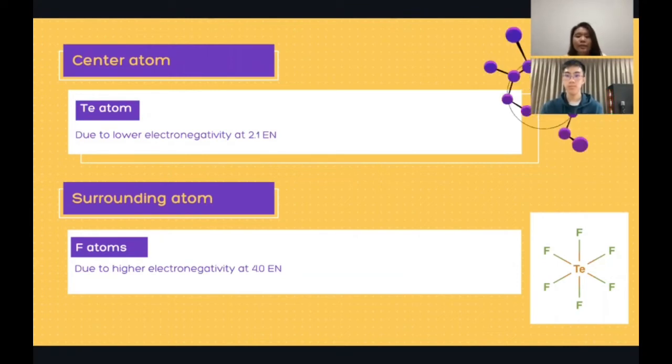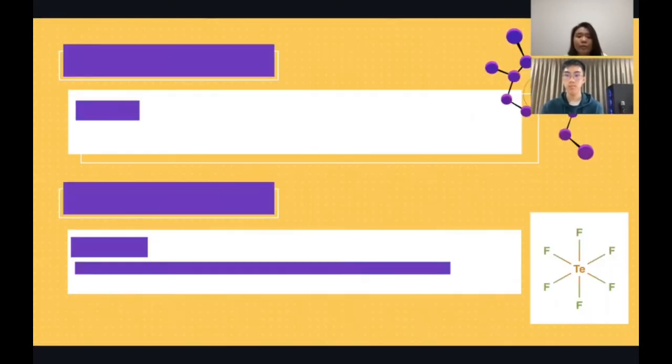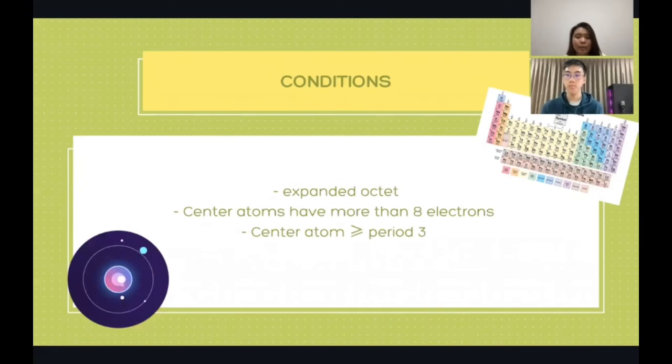Moving on, as you can see in the picture at the bottom right, tellurium is the center atom, as tellurium has a lower electronegativity at 2.1 when compared to fluorine, which is the surrounding atom at 4. So the condition for tellurium hexafluoride would be an expanded octet, as the criteria for it to be